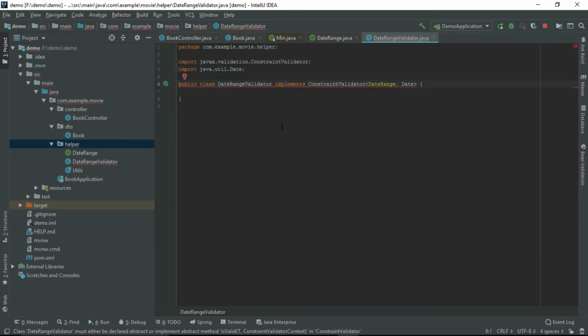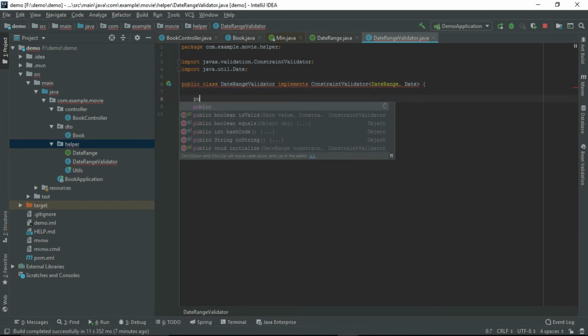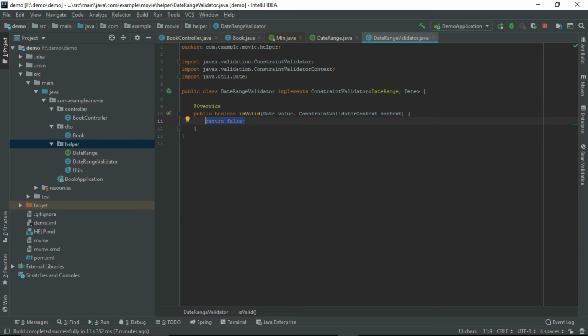We have to override some method. This one, we have to override the isValid method. Here only we have to write our custom implementation. So we'll be writing some custom implementation for the constraint. If the constraint is met, we'll return true, otherwise we'll return false.